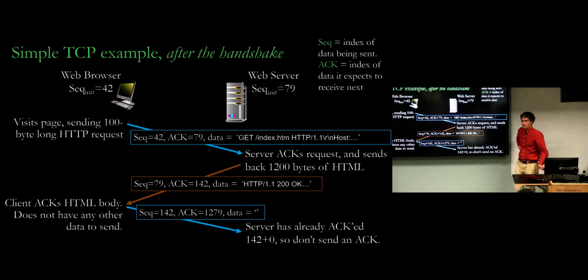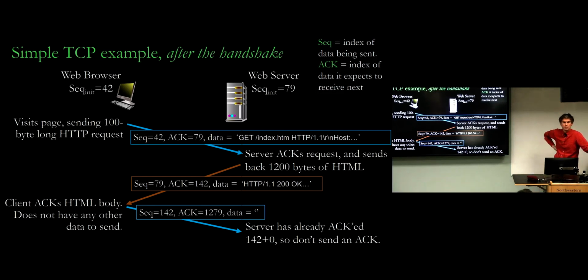Yeah? Does the acknowledged message have no size? In this case, it has no size because the client had no data to send. Oh, okay. If this application decided to send more data back, like let's say it had to fetch an image or whatever, then there might be some data here, in which case the receiver, the server that receives it, would take the size of that data and add it to the sequence number and see that it needs to acknowledge now some later point in the stream. So it would send an acknowledgement back in that case because there was new data that came in. But since there isn't, there are no further acknowledgements.